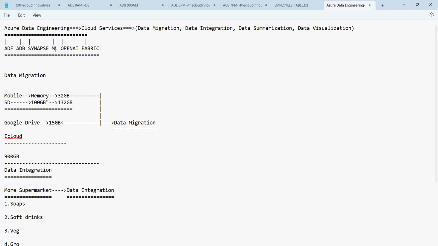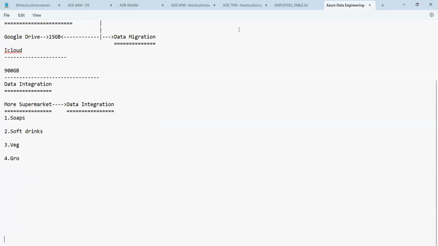So we have seen what data migration is and what data integration is. Now the very important one: what is data summarization? Let's try to see. Data summarization is a process where